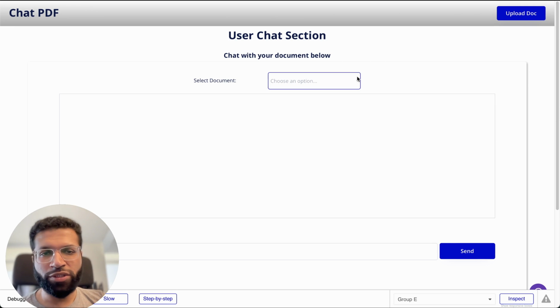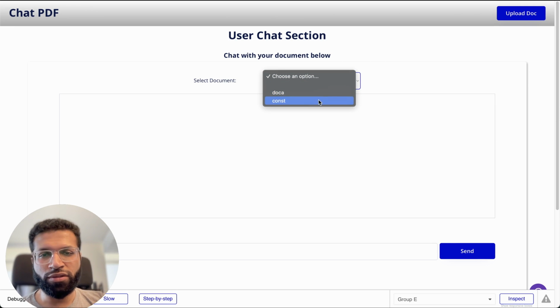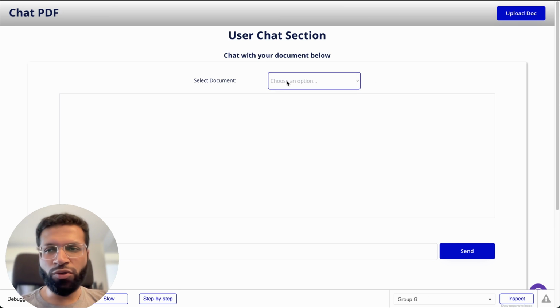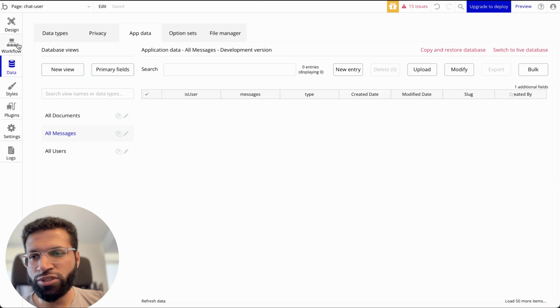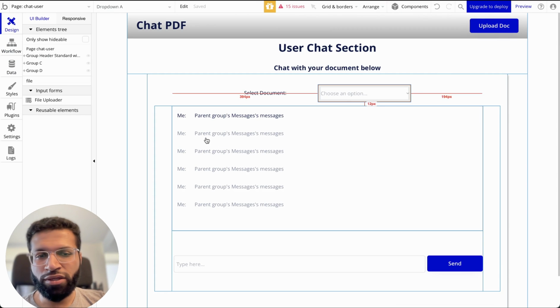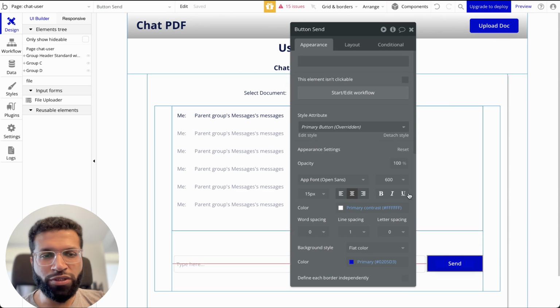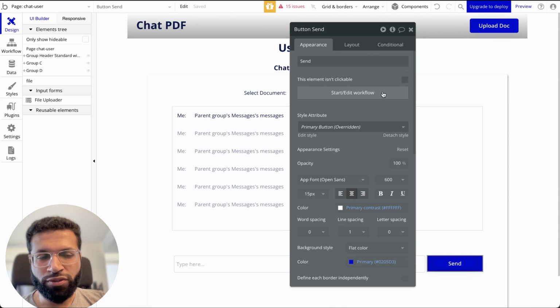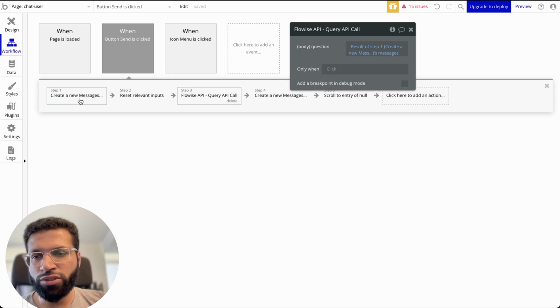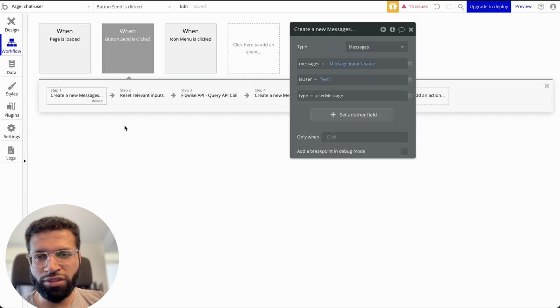So this is basically a preview, and we see the documents that were created by this particular user. Okay, so let's see how the workflow looks. Once a user clicks the send button, we can configure the workflow. It starts with creating a new message, as we have seen, and it saves the message with the user as